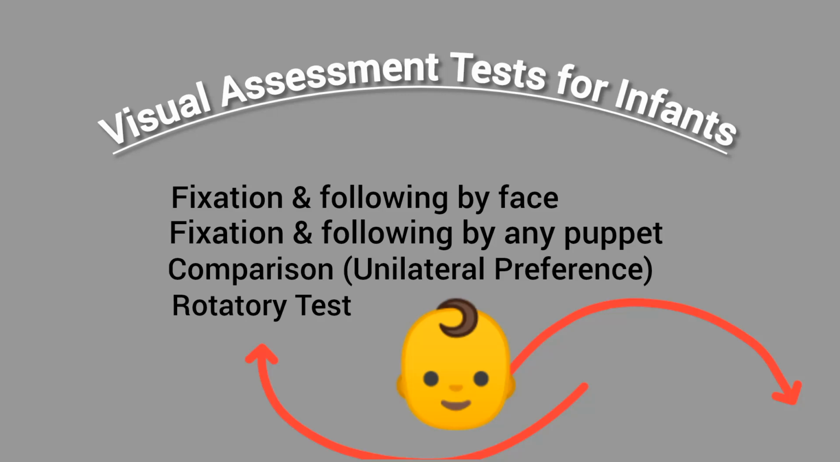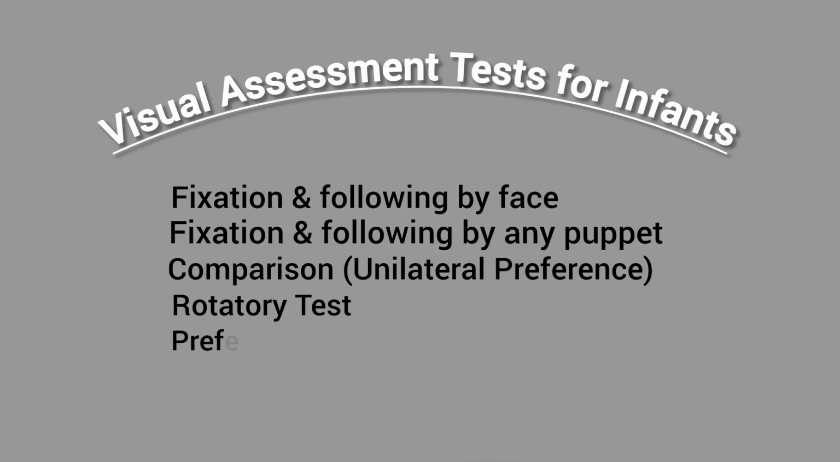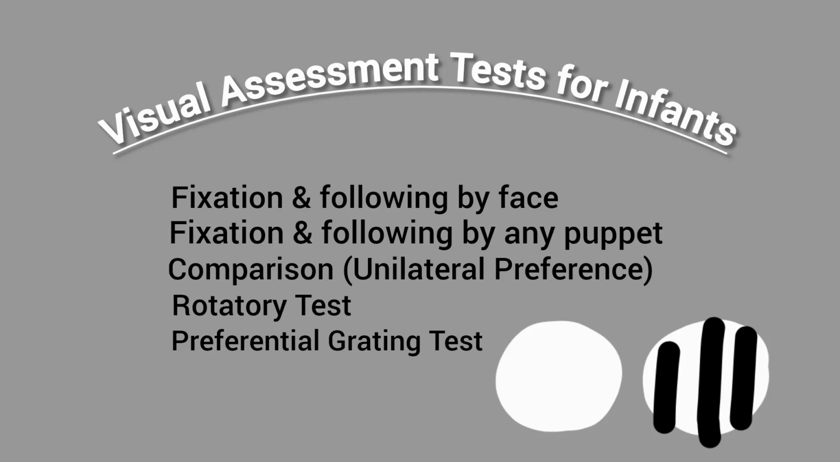So this is how you can evaluate whether the patient has nystagmus in his eye or not. Okay, so the next test we have is the preferential grating test. In this test we show a child two surfaces. One board is fully plain, a white plain surface, while the other one has black and white